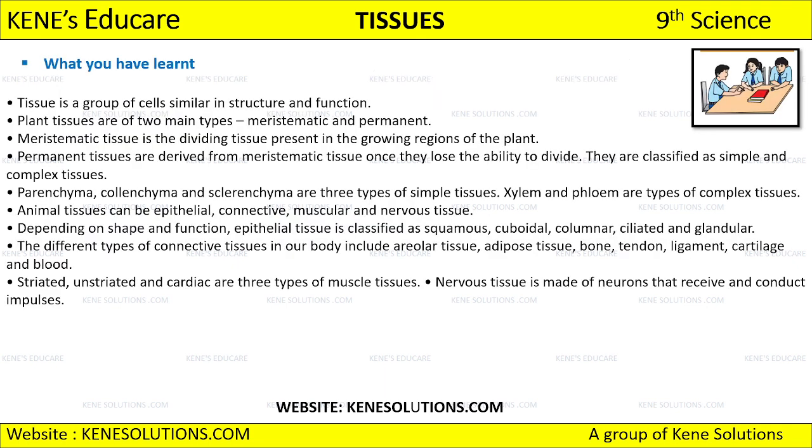Okay, so now we have the next thing to discuss, like what exactly we have studied in the lesson. So see, tissue is a group of cells which are similar in structure and function, right? So when a group of cells similar in structure and function come together, that is how a tissue has been formed, right? So plant tissues are of two types. We have meristematic tissue, and the other thing that we have is,